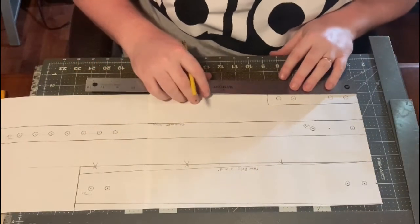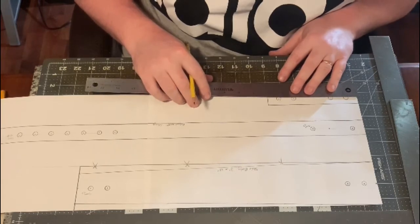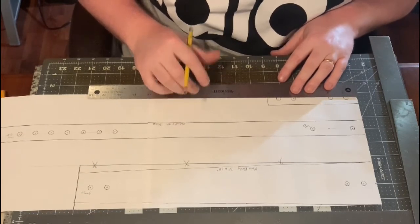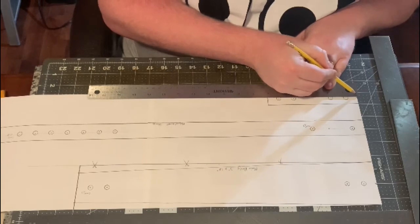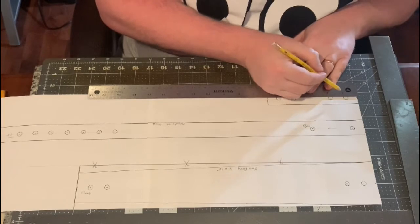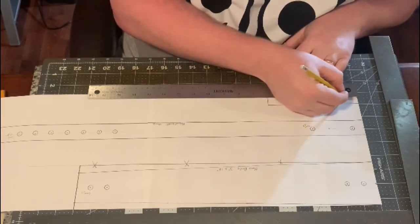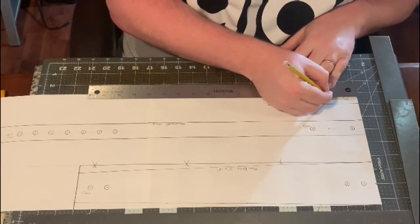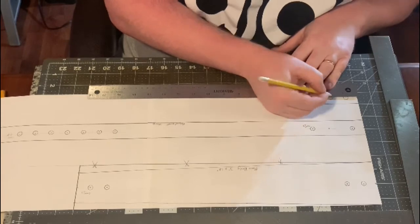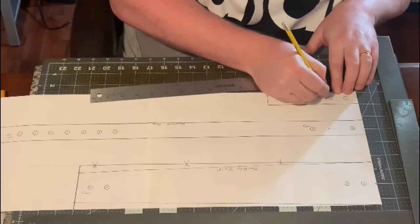Just to show you, line that up. So you can see I'm lining up with my 0 mark right here. It's not the end of the ruler, it's right there. So I come up to 3/4 of an inch, mark that. I'm going to come up to now 1 3/4 inches, because that gives me a 1 inch spread, and put another mark there. Now again, for me, it's going to be a 4mm Chicago screw,